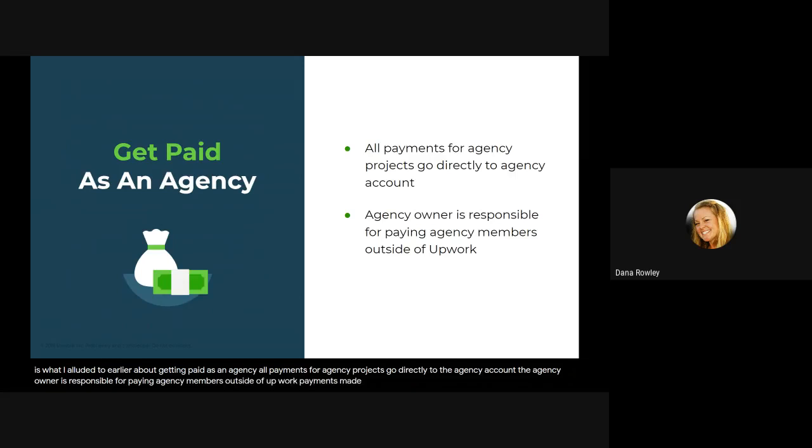Payments made from agencies to agency members are not protected or facilitated by Upwork, and agencies are responsible for maintaining all proper documentation for their employees. So all things regarding tax, human resources, that's all up to the agency owner. So again, it's a great idea to get some outside help and resources to help you with these business pieces of running your agency.